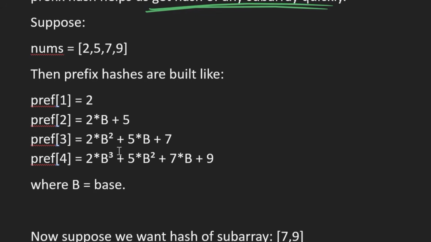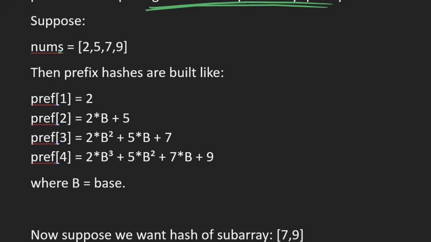Let's see an example. Suppose we have taken the nums array 2579. The prefix hashes that we build are: prefix of 1 is 2, then prefix of 2 is 2 into base plus 5.